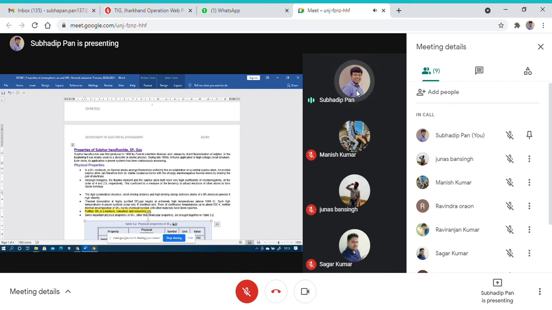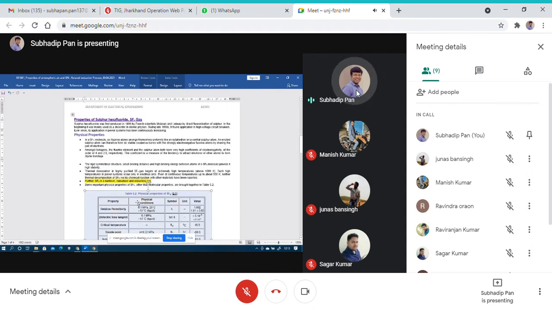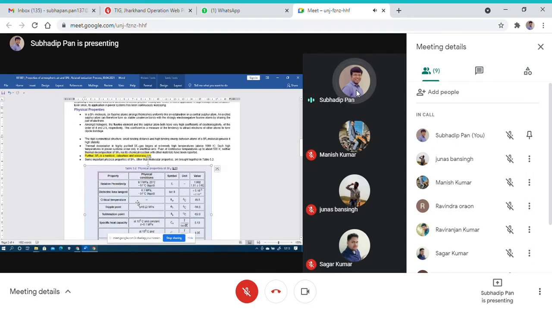This SF6 gas has two different states: one is liquid, another one is gaseous. When SF6 gas is used as a gaseous dielectric, it is preserved at a very high temperature like 500 to 1000 K, and when it is used as a liquid dielectric, the temperature will be different. Those things are needed for the basic introduction to SF6 gas.